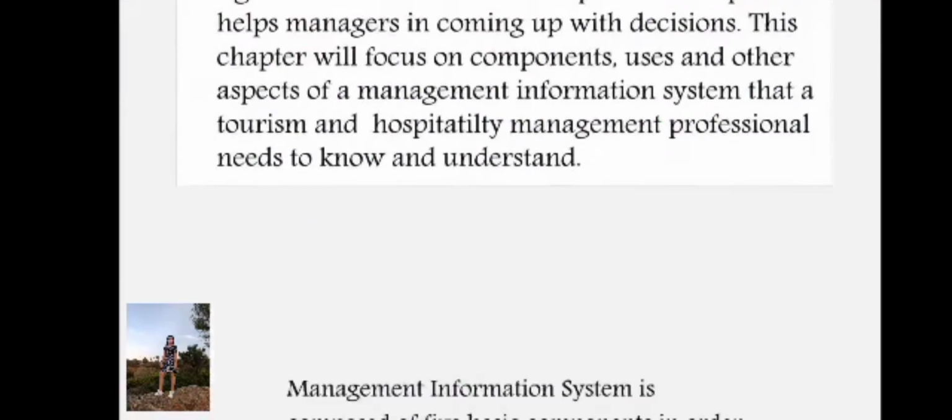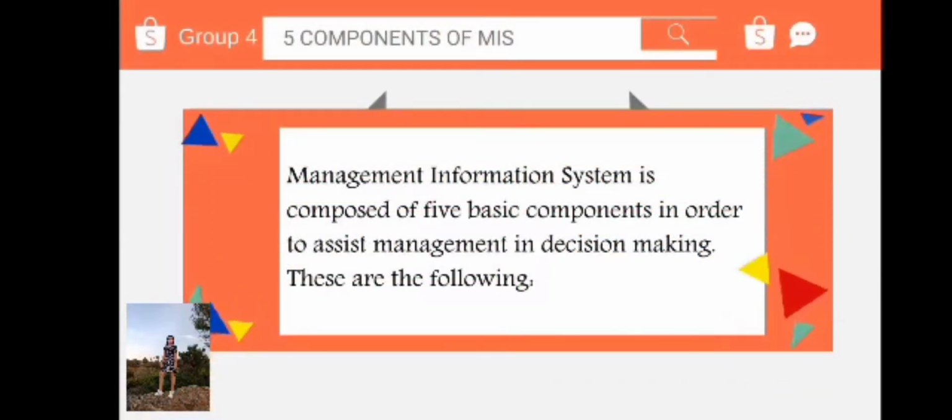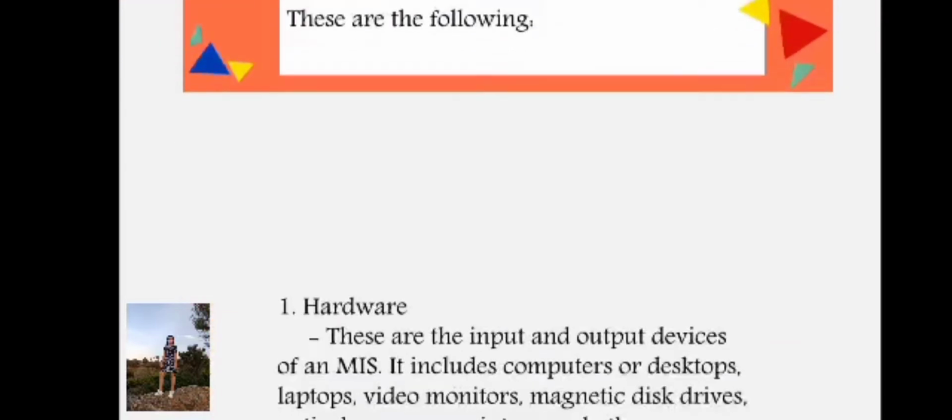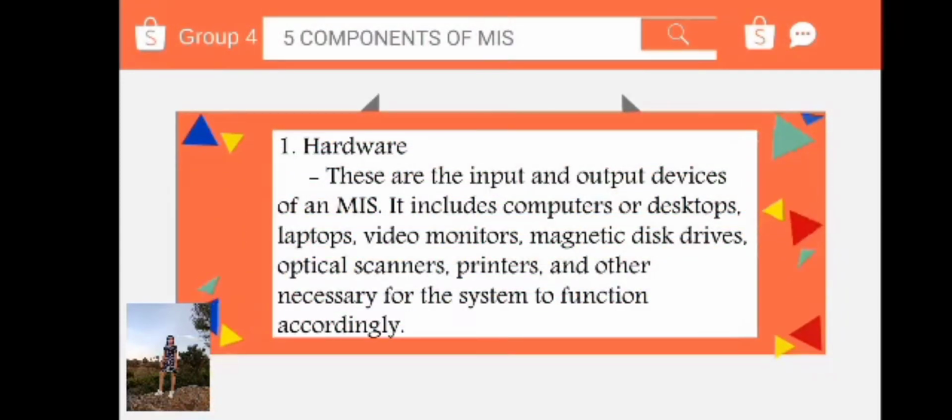And the next topic is I'm going to discuss the 5 components of MIS. Management Information System is composed of 5 basic components in order to assist management in decision making. These are the following. The first component is hardware. These are the input and output devices of an MIS. It includes computers or desktops, laptops, video monitors, magnetic disk drives, optical scanners, printers, and others necessary for the system